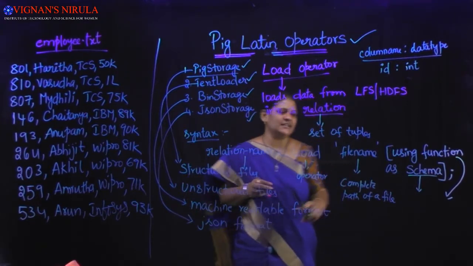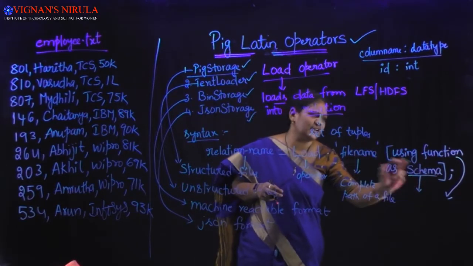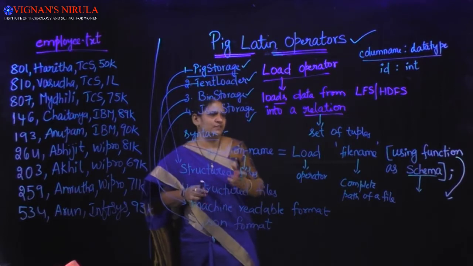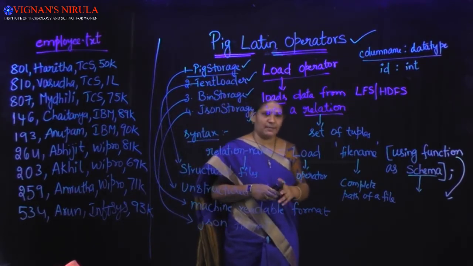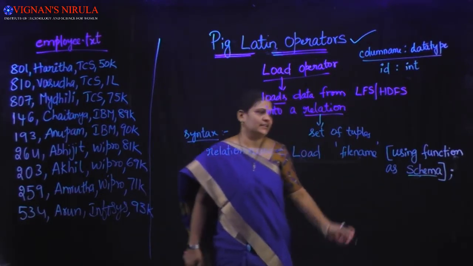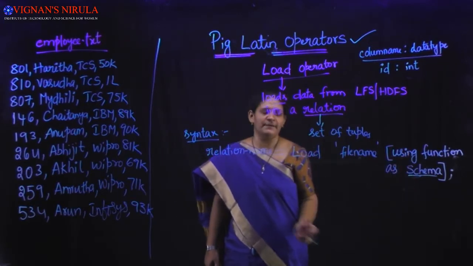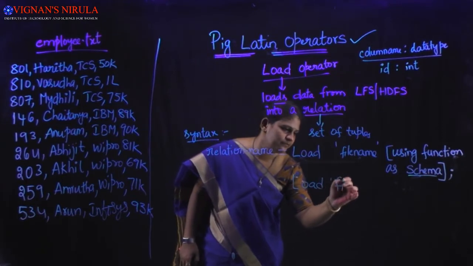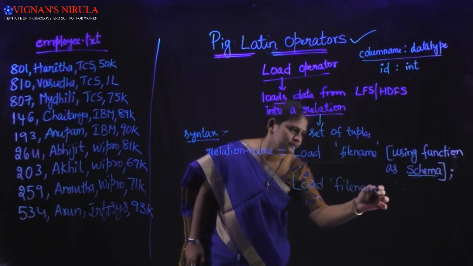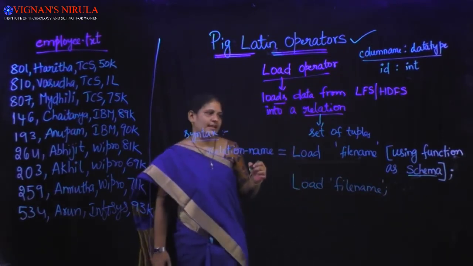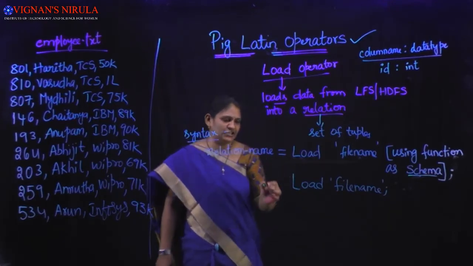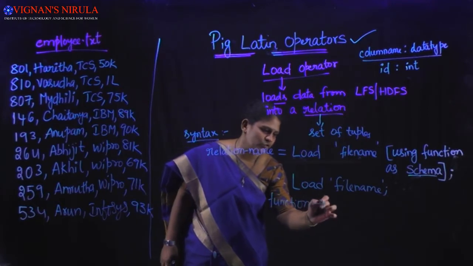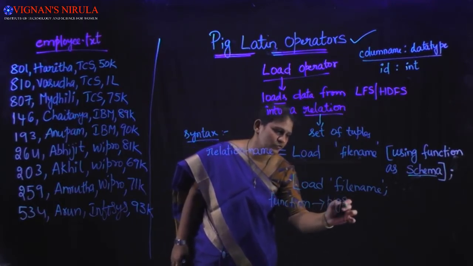And as I said, this is an optional one. This entire thing is optional. Using function and schema are optional, which we'll discuss in the next part. So this part is the optional part. We can also write this as LOAD just the file name. This is also a valid one. If I write like this, then by default the function it takes will be the PigStorage function,